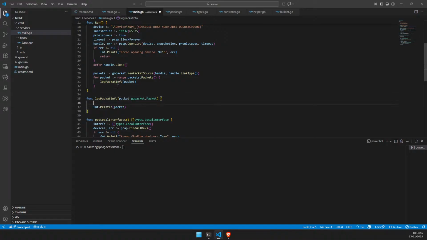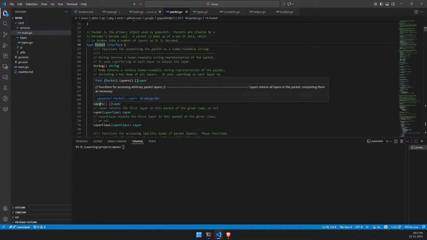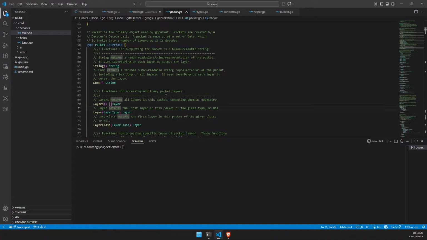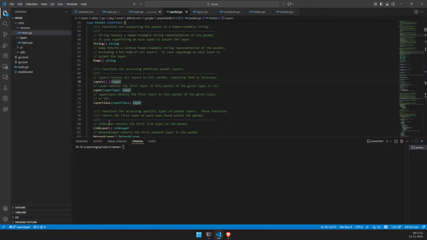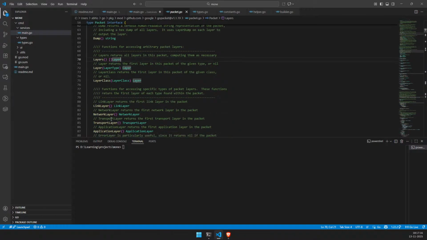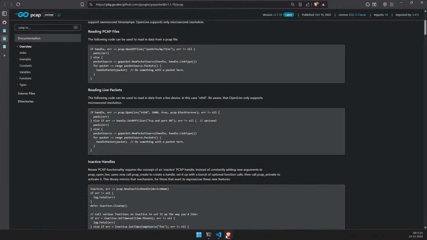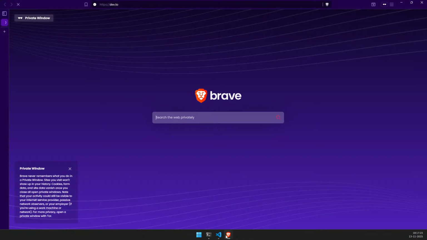In the log packet, what do we need? Okay, in here we have a packet. In packet we have dump layers. Packet layers returns all layers in this packet. The link layer returns the first link layer in the packet: link layer, network layer, transport, application. Nice. Application, actually I have a blog on this thing, how web